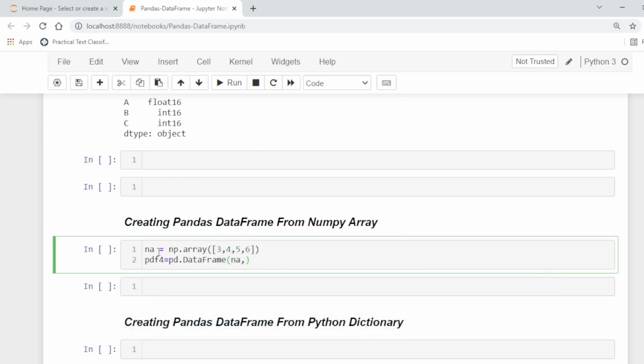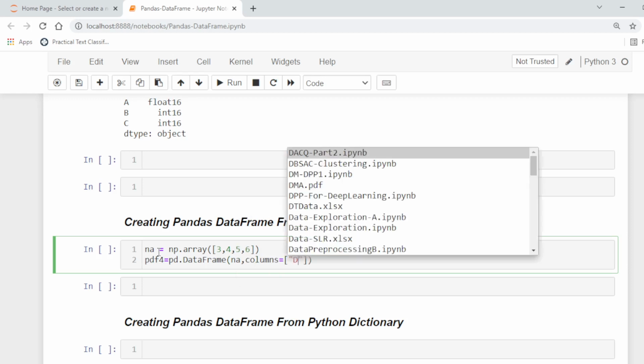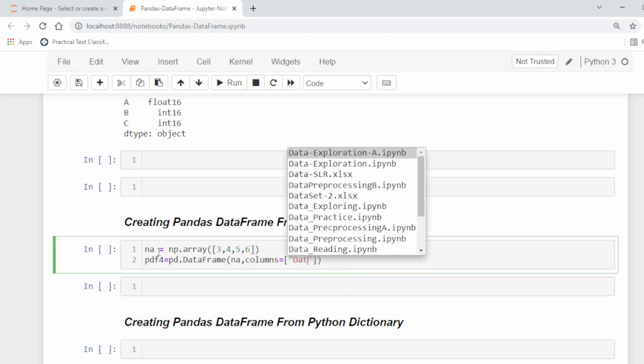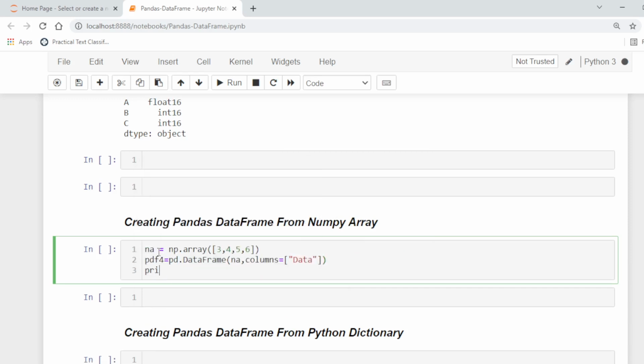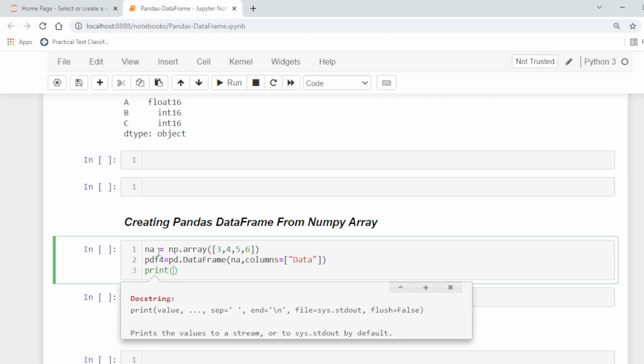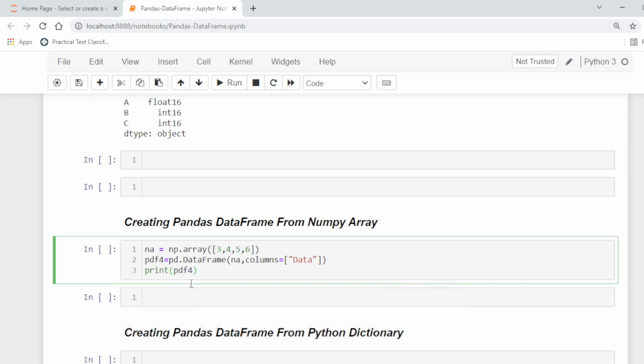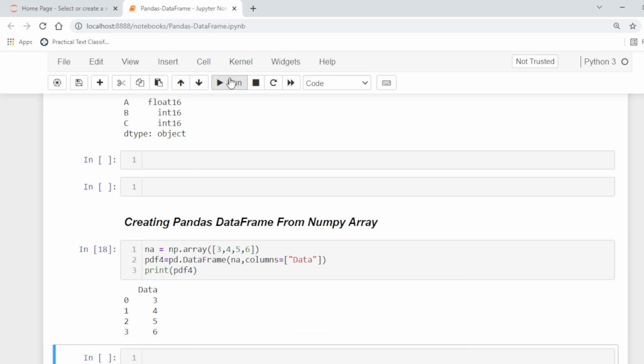We are going to create a pandas data frame from a NumPy array, and let's say columns equal to data. Print pdf4. So this is actually a data frame created from the NumPy array.